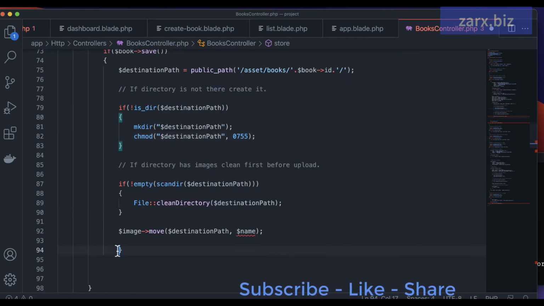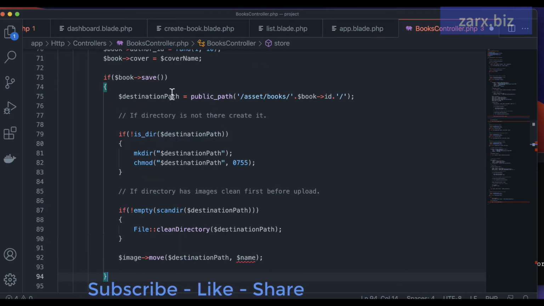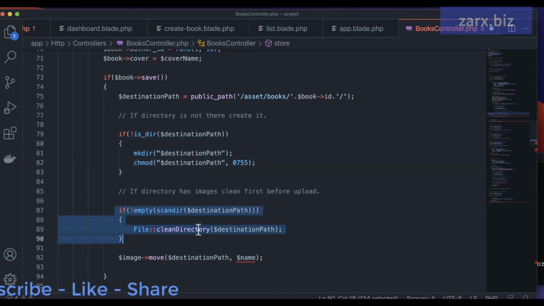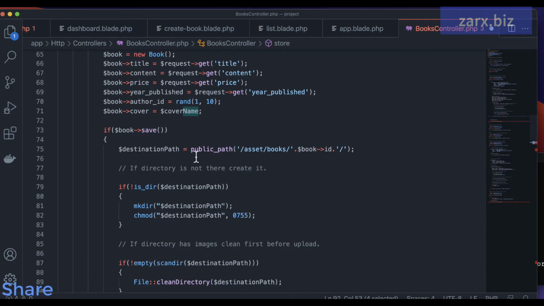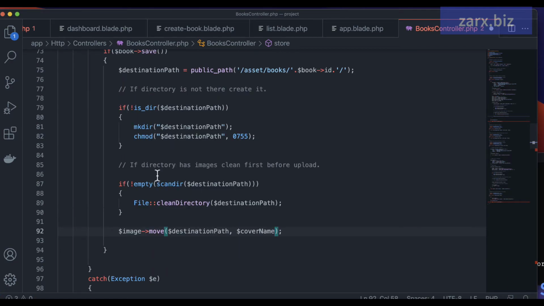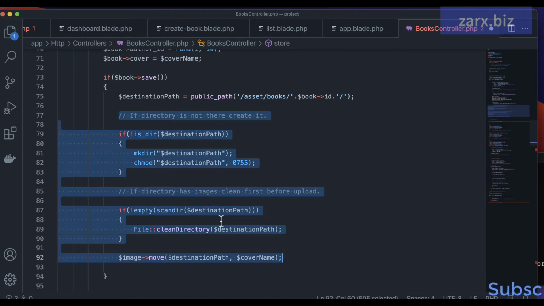So we are saying, if it's saved, then this is the destination path. If this directory is not present, create it, then we are checking if not empty, make it empty, and then at last we are saying okay, now it's time we put this file there. Now we have cover name, so we can pass this cover name here just like that. Now the thing is we are using the same thing in update as well as in create, so we can create a separate method here, and that method is going to deal with this portion of code. So we don't have to write